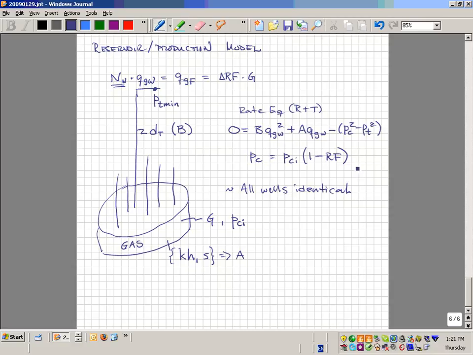We have a very simple material balance with no support of water inflow, ignoring the effect of non-ideal gas behavior. And we have the A constant reflecting reservoir properties and the B constant reflecting the tubing diameter for practical purposes. All wells are assumed to be identical, and that assumption, though it may seem